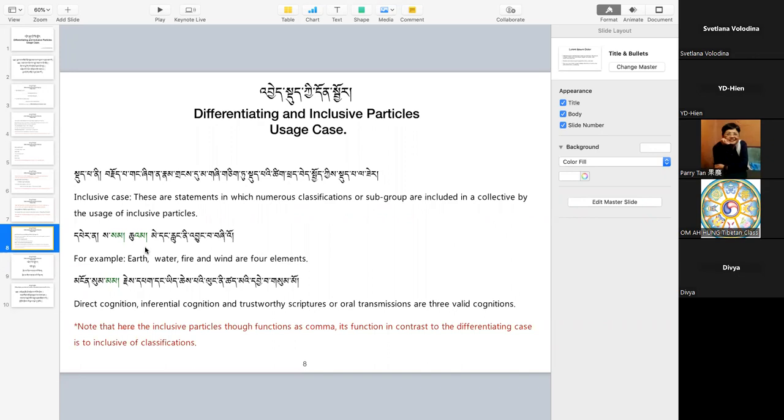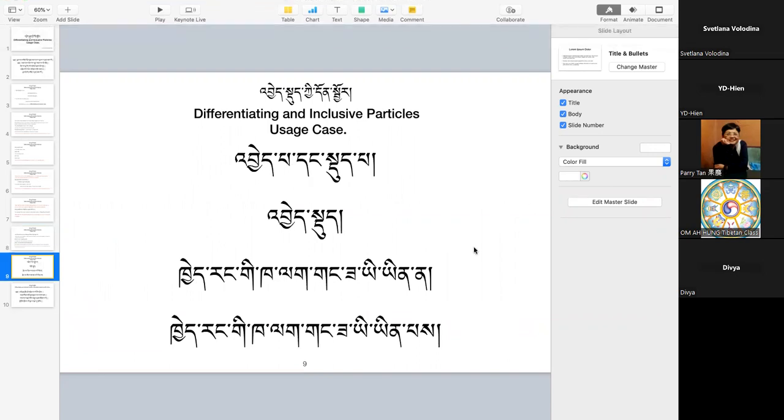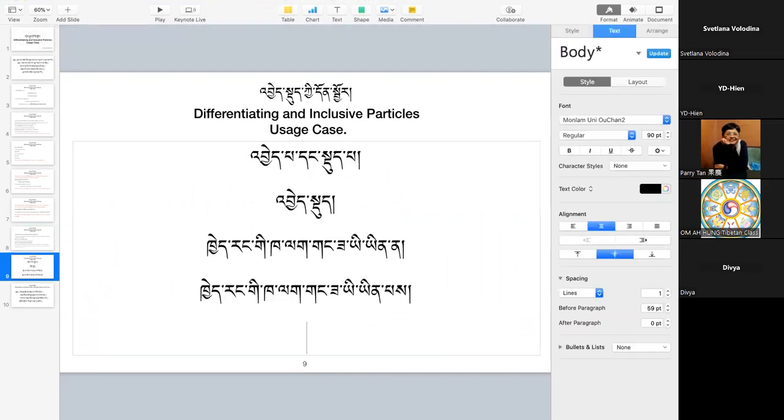So this particular punctuation can also come after a statement, and this was also seen during the usage of the compound particles after the name. So let me give you an example here.